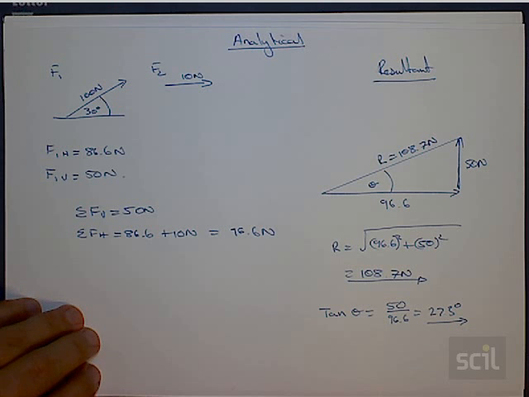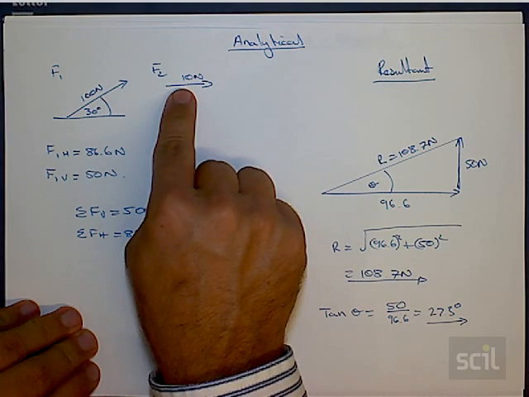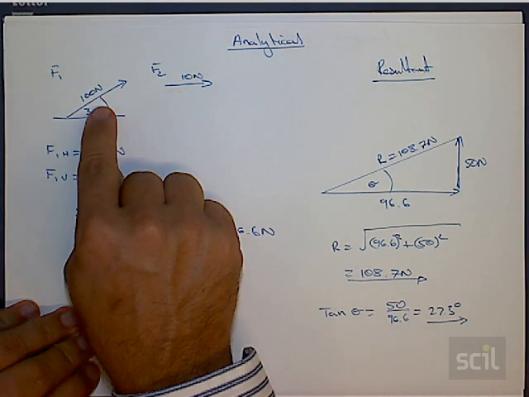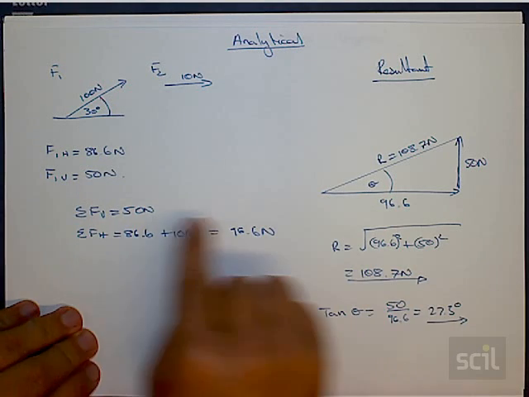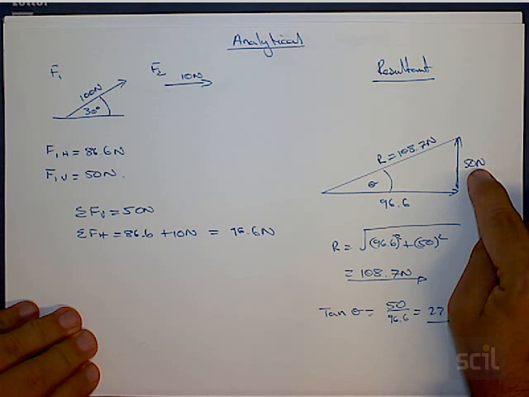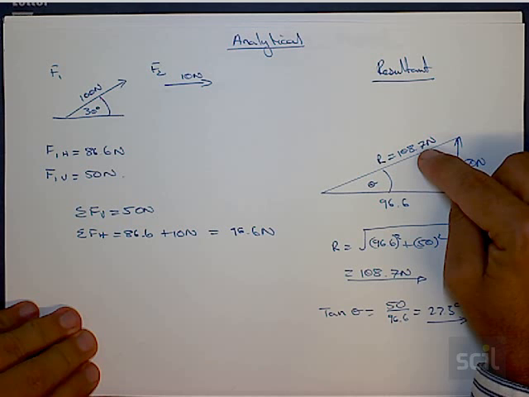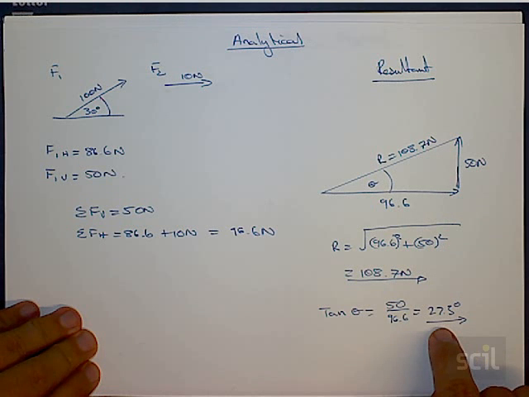In this short video, what we're going to show you how to do is check your analytical solution from the last video, or your mathematical solution, using a graphical method. So in the last video, we showed you how to calculate the sum of force 1 and force 2, one of which was at an angle, and use the sum of the vertical and the horizontal components to calculate what they added up to, and then work out what the resultant force was and at what angle that resultant